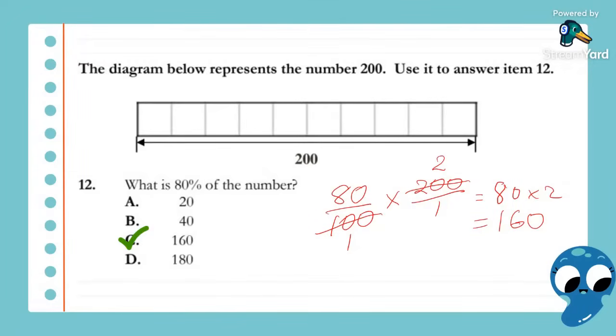Now, let me see what these persons wrote. Cookie says 160 because when you want to find the number, you put the number with the percentage over 100 times the number. Carolyn says, so you multiply 10 over 100 times 200 over 1. You can cancel the zeros. When you multiply the numerators, you get 20, and when you multiply the denominators, you get 1. So the answer will be 20 over 1. All right, I'm looking at these explanations here. Shanos Godfrey also showed some workout. Good job, guys. Now we have 3 questions remaining.